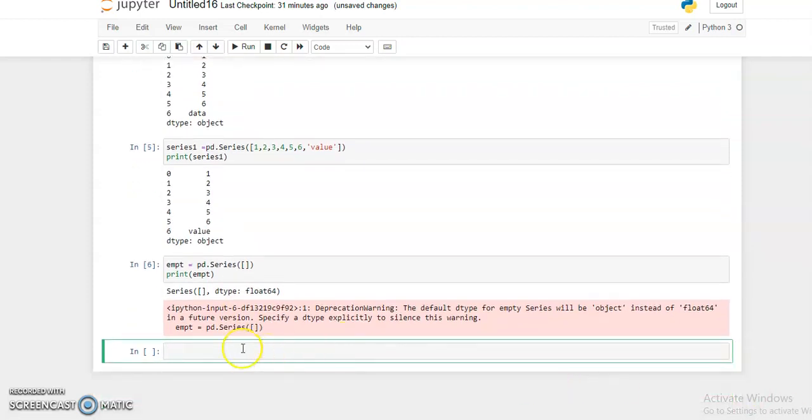Now if you need to create a list with a desired index, or if we want the indexing not to start with 0,